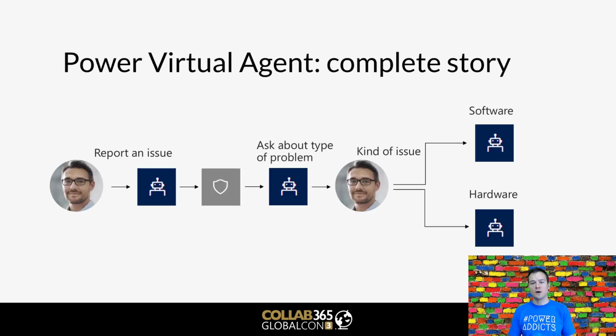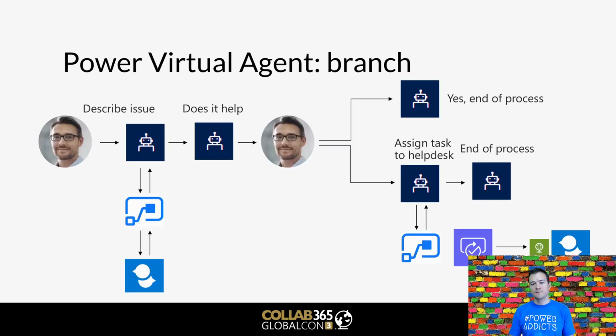So the idea here is quite simple. First, the user is starting the interaction with the bot, is reporting an issue, and the bot is asking them to authenticate so that it knows their context. And then, because the question is already asked, the bot, using the Language Understanding Intelligence Service, the LUIS, is determining whether this issue is related to software or maybe hardware. And then, depending on the branch,